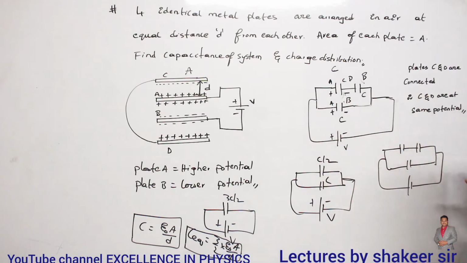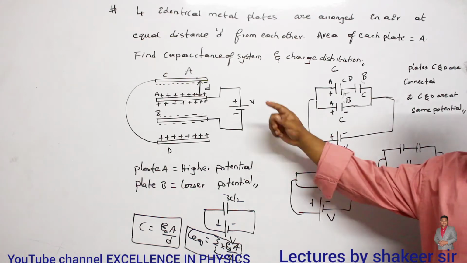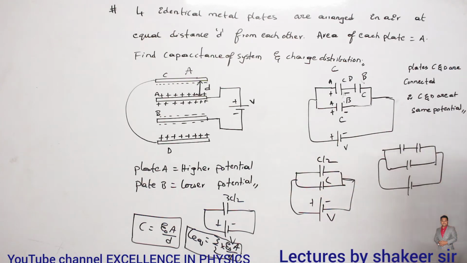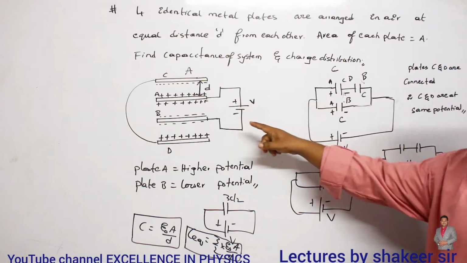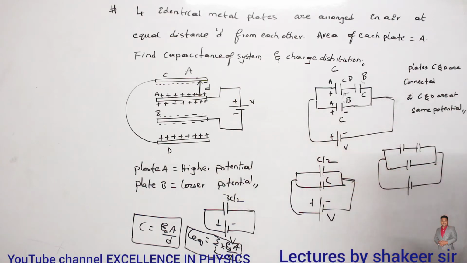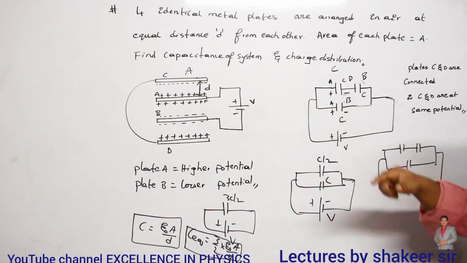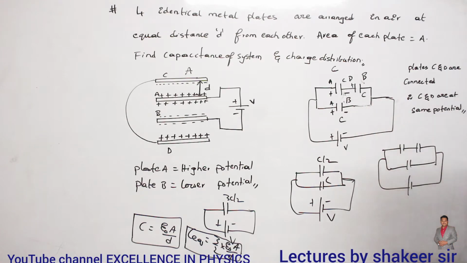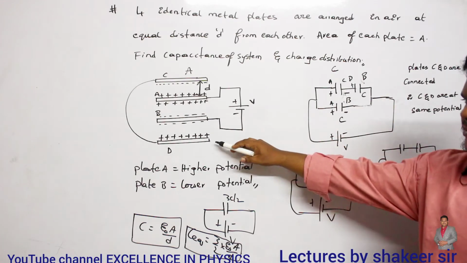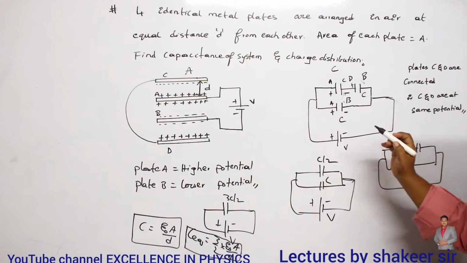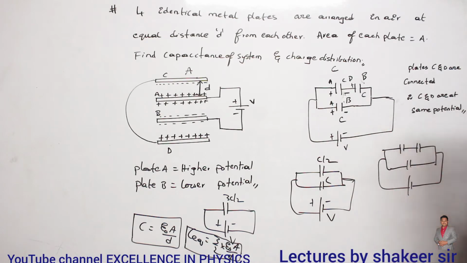Have you understood how we have redrawn this circuit? Depending on the distribution of charges and which plates are connected by a conducting wire, we can redraw this circuit like this. A is connected to C, and the same plate A is connected to B also. Next, it is given that C and D are at the same potential, but one is a positive plate and the other a negative plate. C is a negative plate, D is a positive plate, but still they are at the same potential because they are connected by a conducting wire. And D is connected again to plate B, so here also B, here also B. I can connect this like this, and the whole combination is connected to a battery of potential difference V.